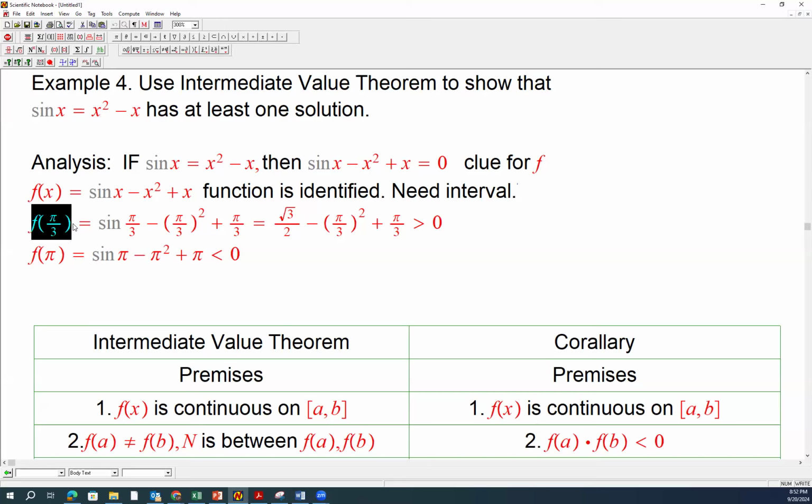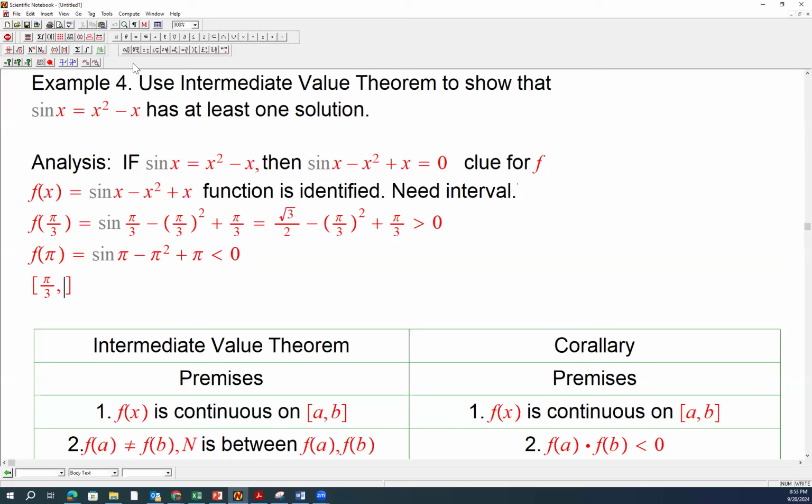So between f of pi over 3 and f of pi, there's a 0, right? So I got my interval, and that's my interval. My interval is pi over 3, comma, pi. You see, the intervals are not unique. And for the rest of the